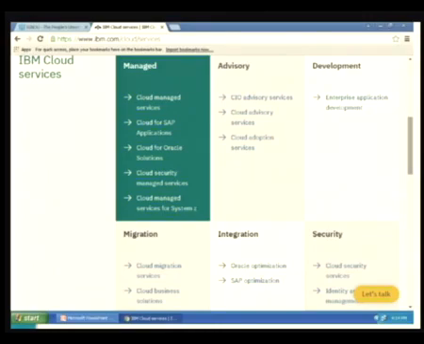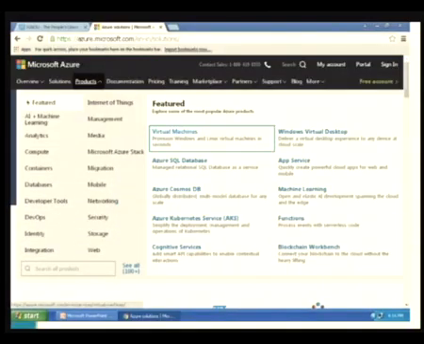Likewise, you can see the IBM cloud services. There are several options like migration, integration, security. You can go through these websites also, and you can have the complete flavor or complete pricing and other things on their websites. And this is the third popular player, that is Microsoft Azure. Here you can see the virtual machines. This is the feature for selecting the virtual machine category. Suppose if you want to have the SQL database, you can select from here. Likewise, depending upon the requirements, you can opt for one of the cloud applications.